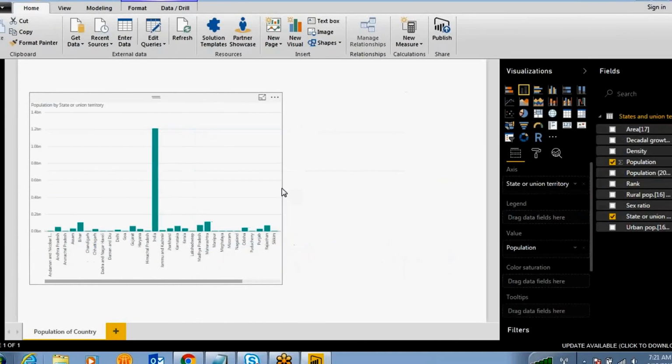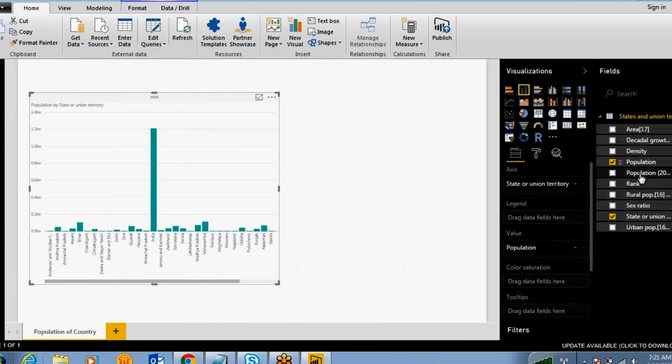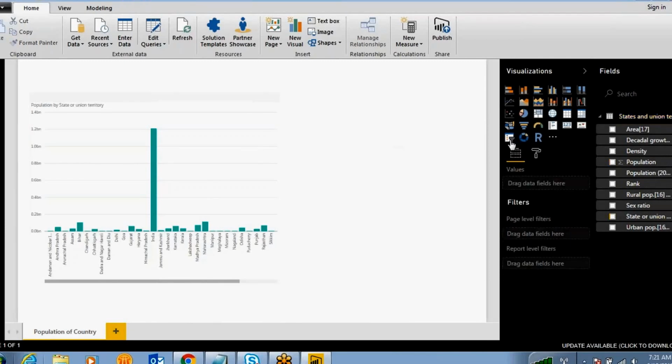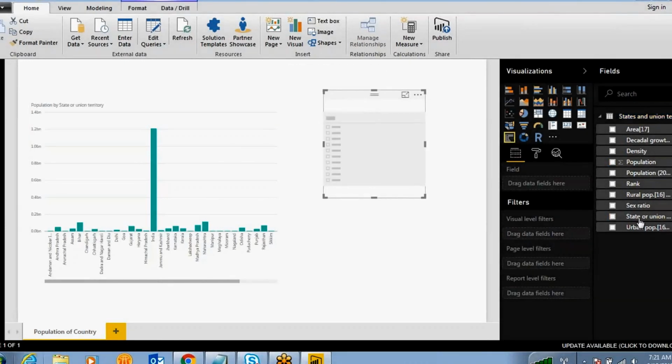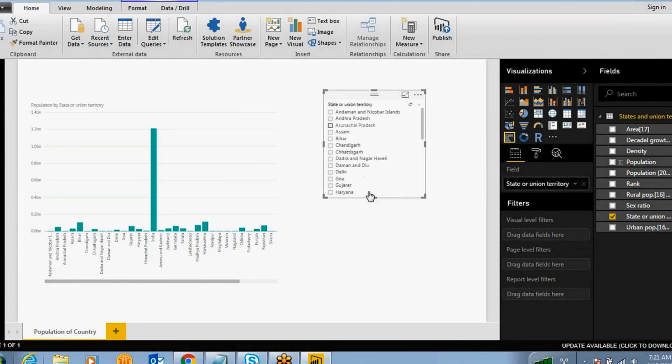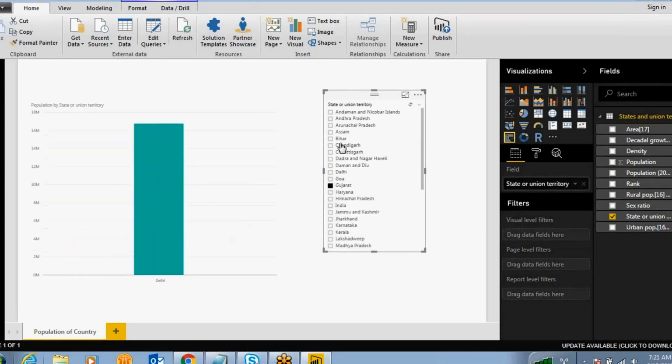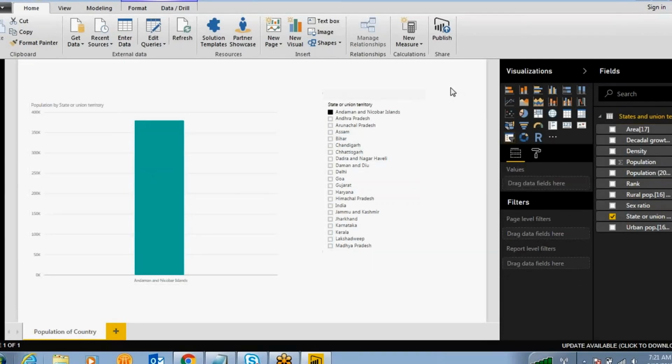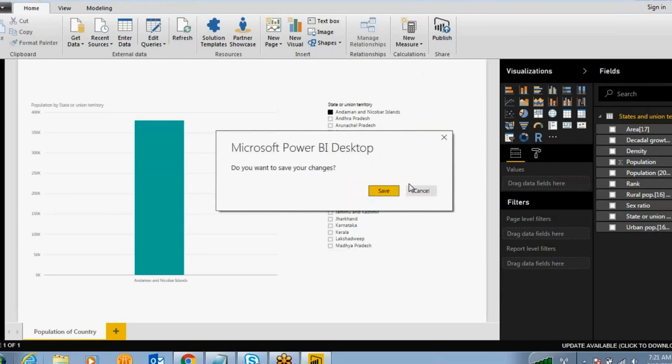If you want to apply any filters, state-wise or whatever, you just take the filter and you can select state or union. If you select Haryana, Gujarat, whatever, it will display only that particular report. Whatever report you have created here, you can publish into the service, right?